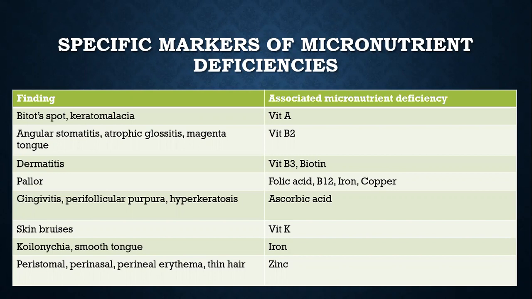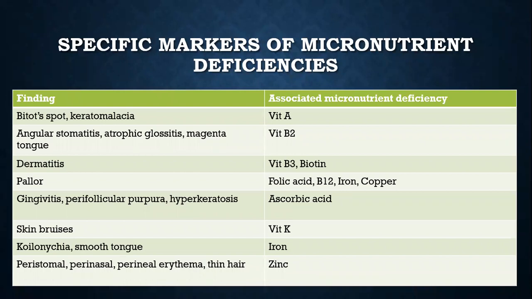Vitamin A deficiency can present in the eye with Bitot's spots or keratomalacia. Coming to the oral cavity, it presents with vitamin B2 manifestations like angular stomatitis, atrophic glossitis, and magenta tongue. B3 and biotin or B7 can present with skin manifestations like dermatitis. And pallor, I told you, vitamin B12, folic acid, iron, and copper are the 4 nutrients which can present with pallor. Ascorbic acid deficiency can be picked up by gingivitis,